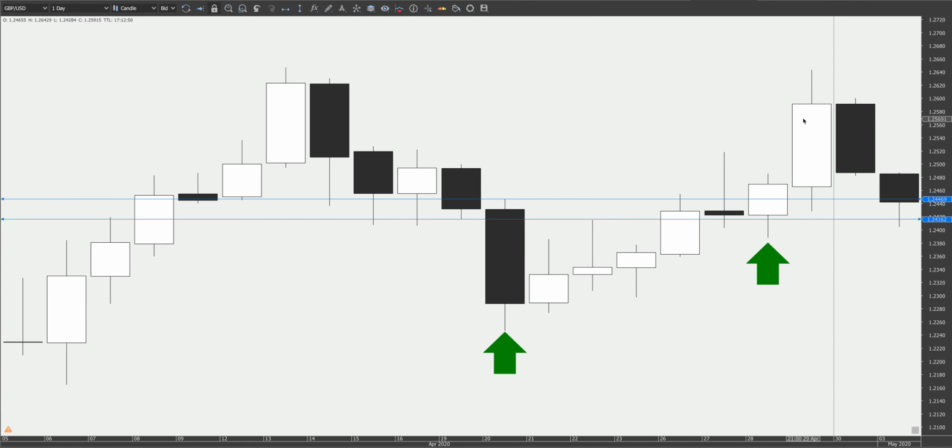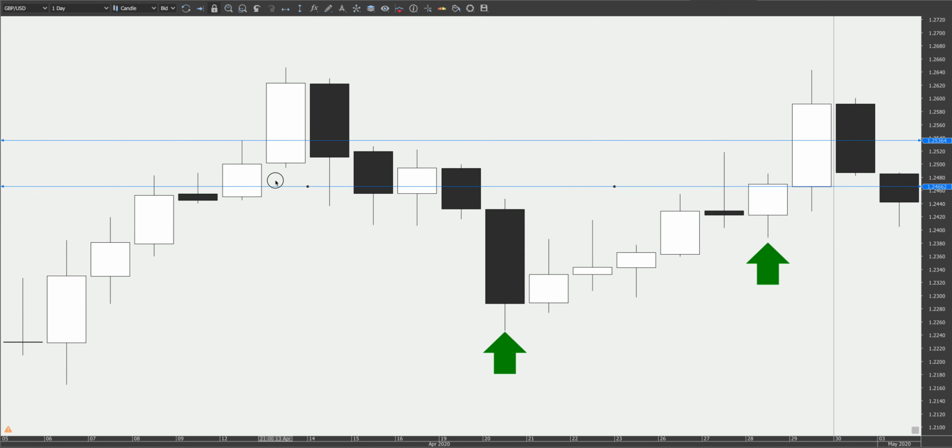Now the next day it was bombastic, it just went all the way up. So this is another trade you could have taken. Now this continues to happen, but we have to learn how to identify and how to trade. Now I'm going to just draw these levels here again